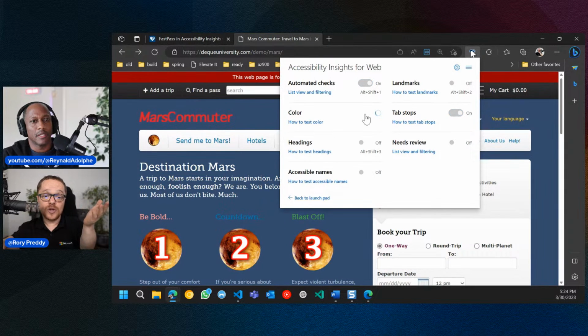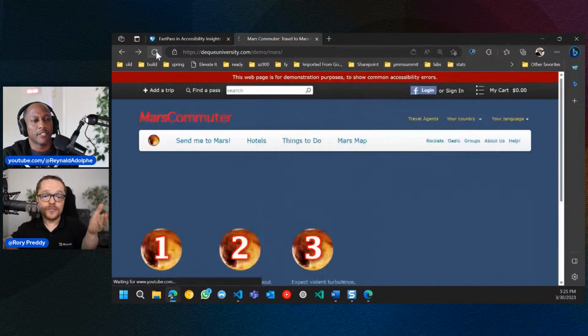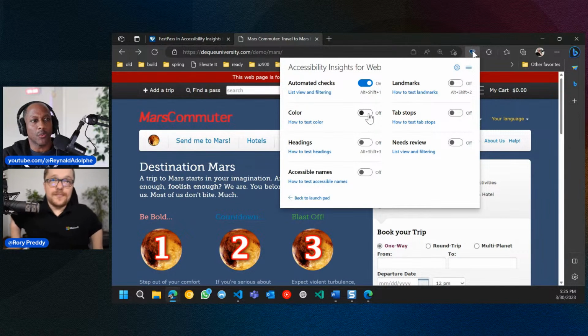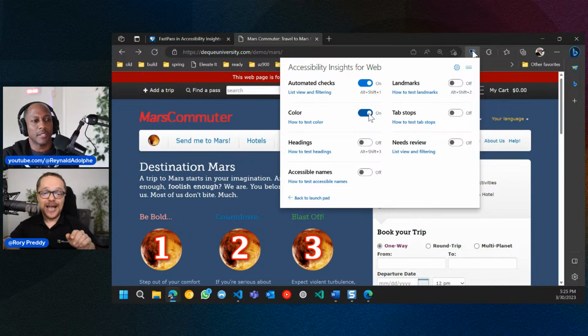Color. 1 out of 20 men are colorblind. So let's hit refresh here. So what you just showed us is the result of not organizing your tab positions correctly in your code, right? No, and I'm going to show you the HTML exactly how to do it also. This is more a show and tell of some of the issues before we get into that glorious IDE called VS Code.